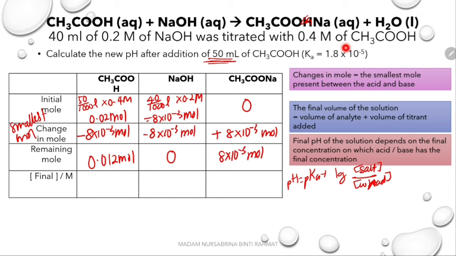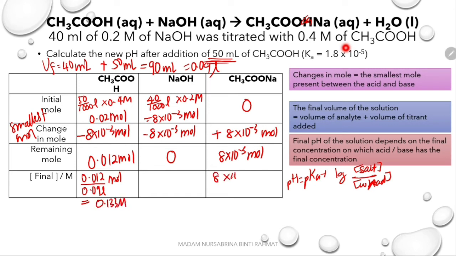Okay, so we have to find the final concentration of both our weak acid and salt. The total volume of the solution now is 40 milliliters initially, plus another 50 milliliters from the acid. So in total we have 90 milliliters, which is equal to 0.09 liter. So 0.012 mole divided by 0.09 liter, the new concentration is 0.133 molar. Whereas for our salt, its concentration is equivalent to